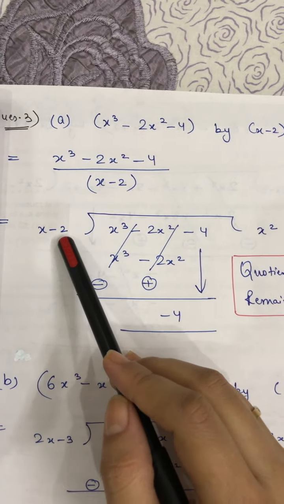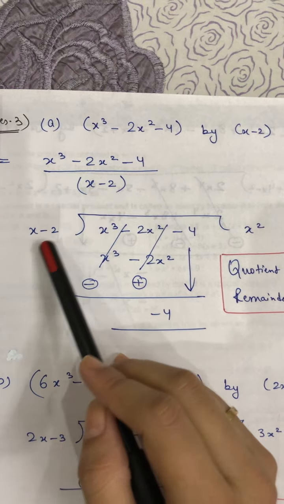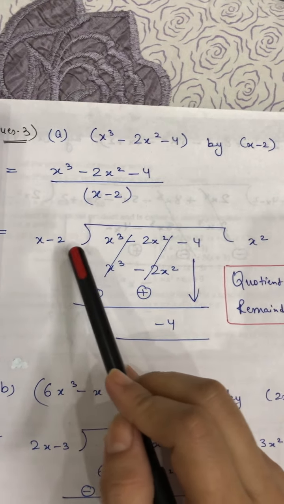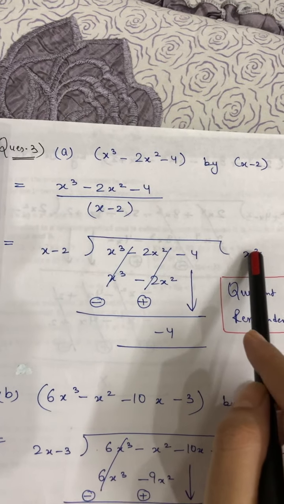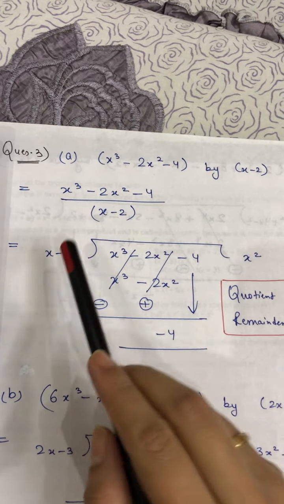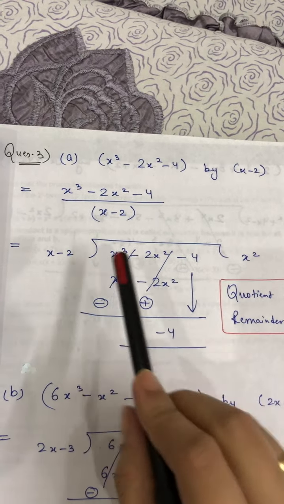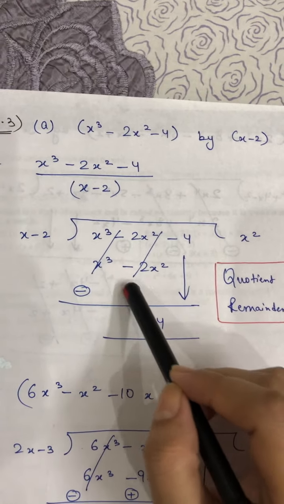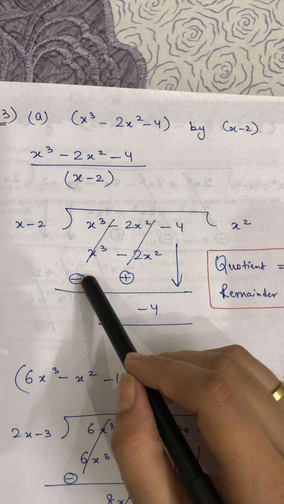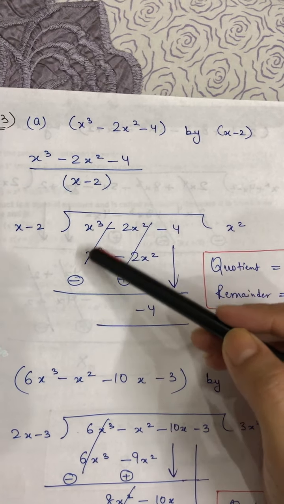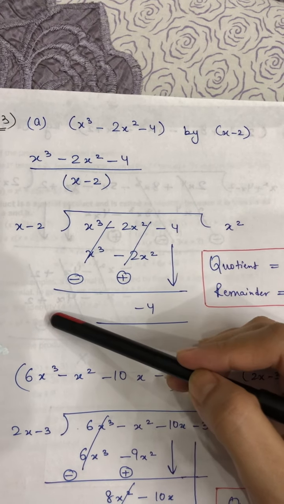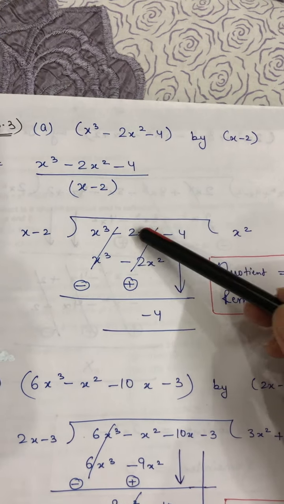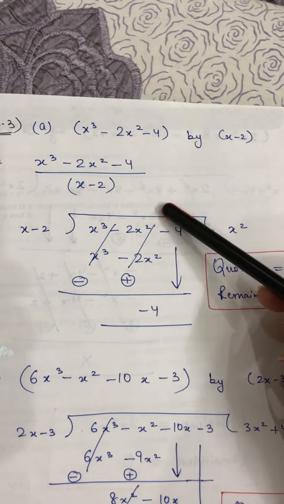So I'm going to multiply with x square. If I multiply x with x square, it will become x cube, and minus 2 multiplied with x square will become minus 2x square. So write this down below these terms. After writing the terms, you have to oppose the sign: minus will become plus and plus will become minus. Now this is a positive term, this is a negative term, both are the same, so these two terms will get cancelled. These both terms are the same but the signs are opposite, so again they cancel.